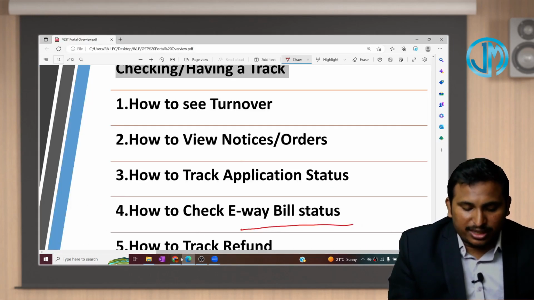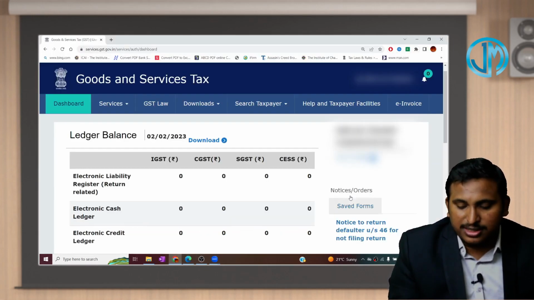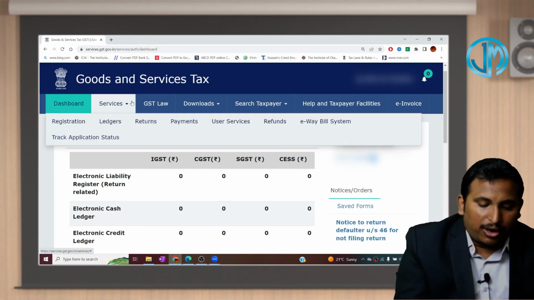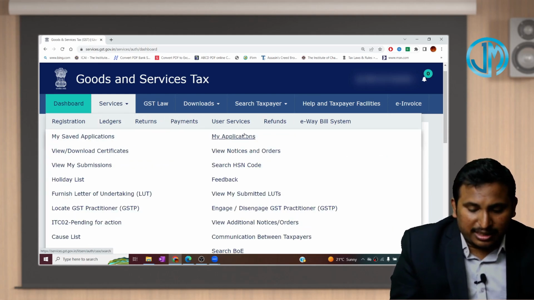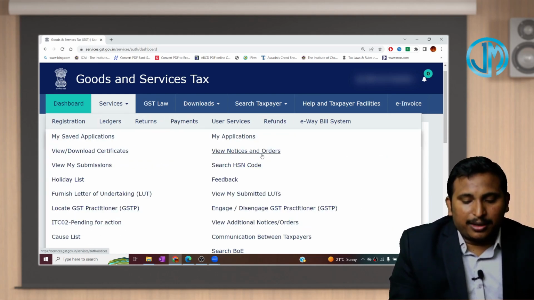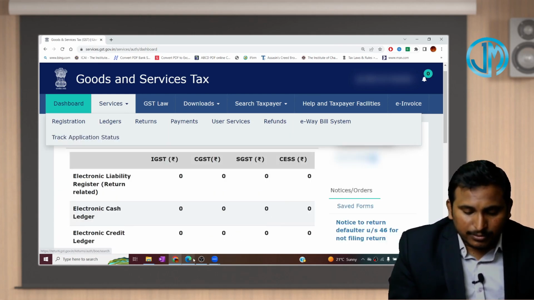Similarly, if you want to view any notices or orders, here itself it will be visible on the right side, notices and orders. Or else, once again in user services, you will be having view notices and orders. Like this also, it will be visible. Anything is fine. Then next,